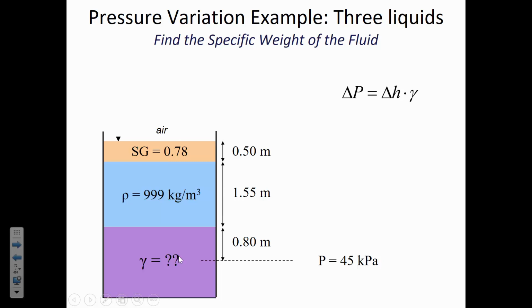All right, so I'm going to pause the recording, give you some time. So again, what you need to do is find out the pressure at these locations. And maybe it's a good idea to label them with numbers just to keep it straight. 1 is at the interface of the air and the yellow one. 2 is the interface of the yellow one and the blue one. 3, and then maybe location 4 is where we've taken this fluid measurement to be 45 kilopascals.